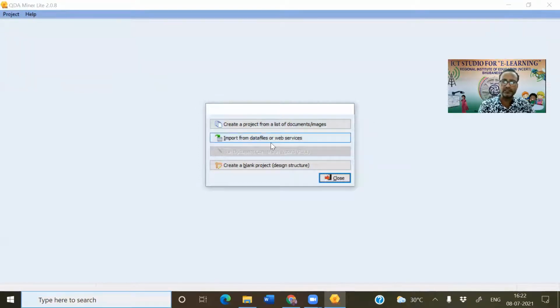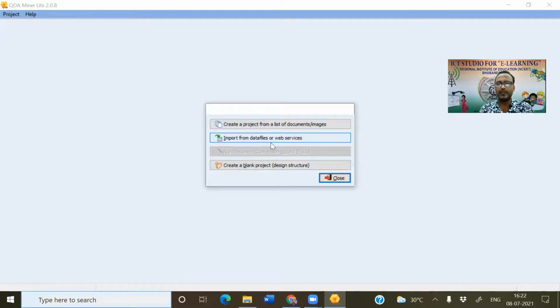And the second option is telling you that you can get data from web data files or web services.